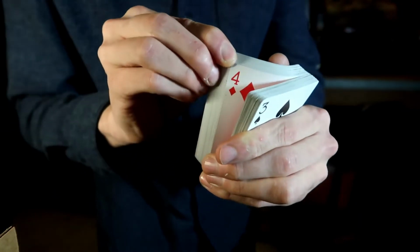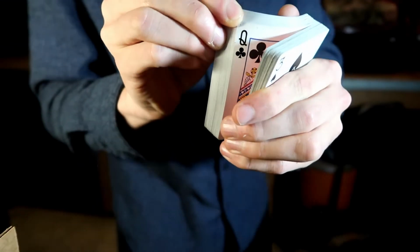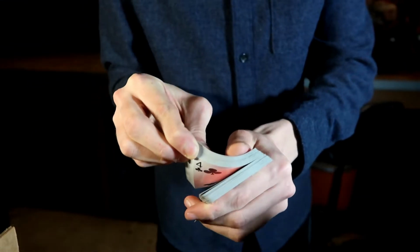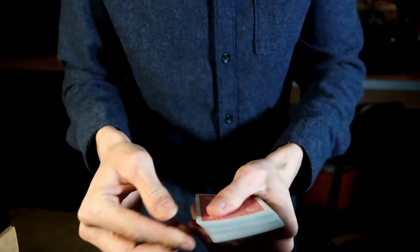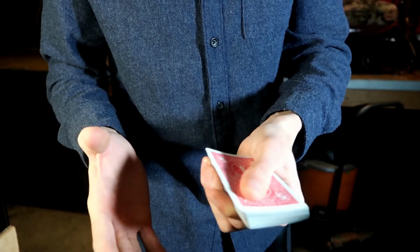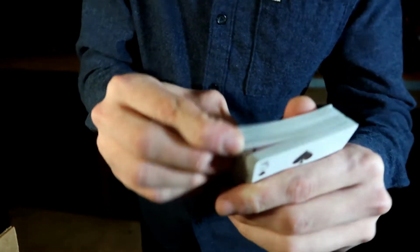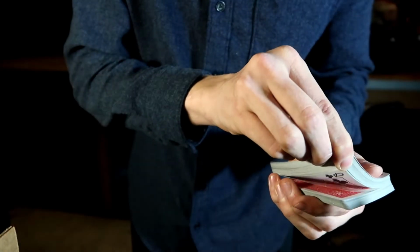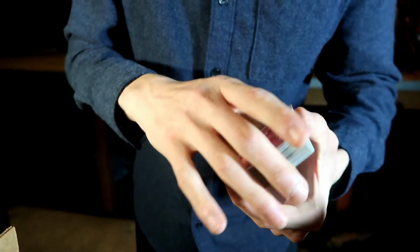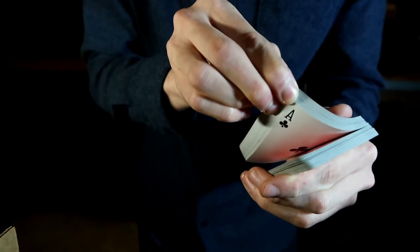And you do this, get the peek, and then once they say stop, you lower the deck, you drop a card, you close it, and then that's the position. You got a pinky break. Now you want to get a pinky break above the selection. So this is the selection. If you did it like this, you'd be below the selection. So what you do is you say stop right there, they drop a card,